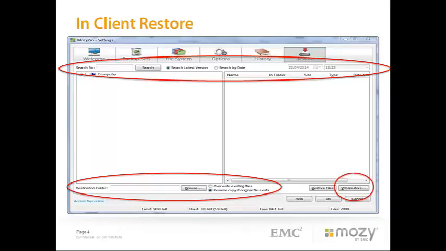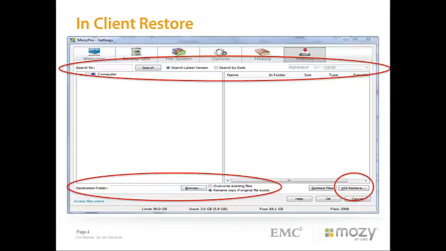And last but not least, inside the in-client restore is the VSS restores. Okay, so this is for server users. This is available to server users who are using VSS backup sets to back up databases like Exchange or any SQL databases like that. In-client restores for VSS are the best way to actually restore a VSS backup set. It restores all the bits you need, both the VSS snapshot and also the metadata required by the actual database itself to